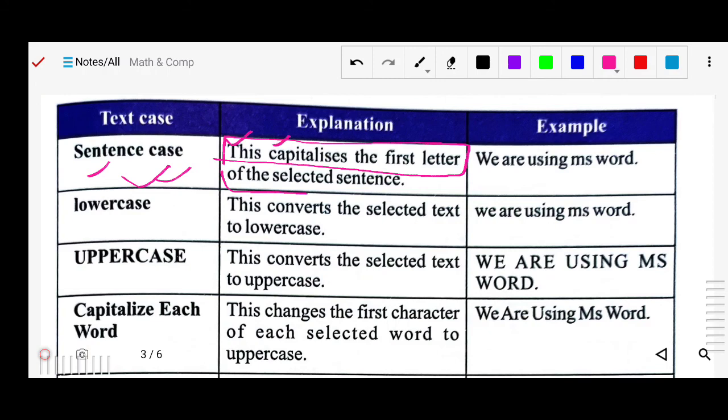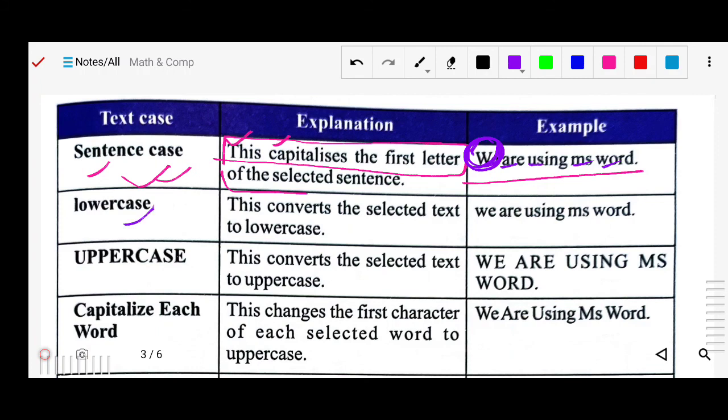Likewise you can see the example, this is one of the sentences. You can see the first letter of the sentence is capitalized. Only the W is capitalized, and the rest, A, U, M and W, are all small. So this is the sentence case.